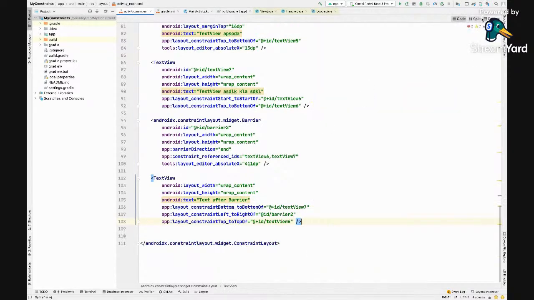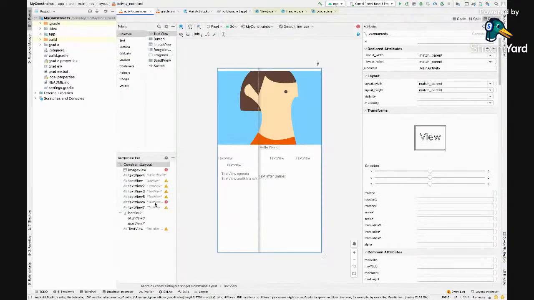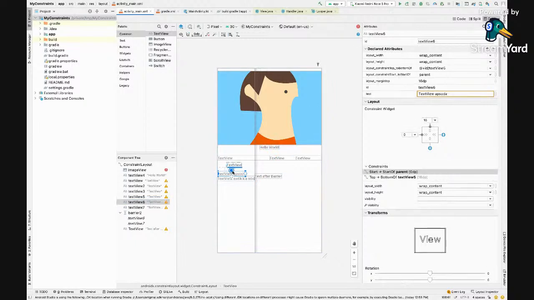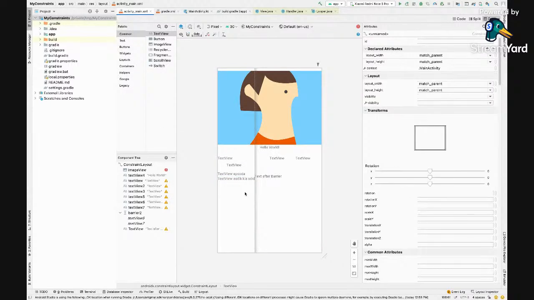There is also something called radial properties, which I'll just create one.